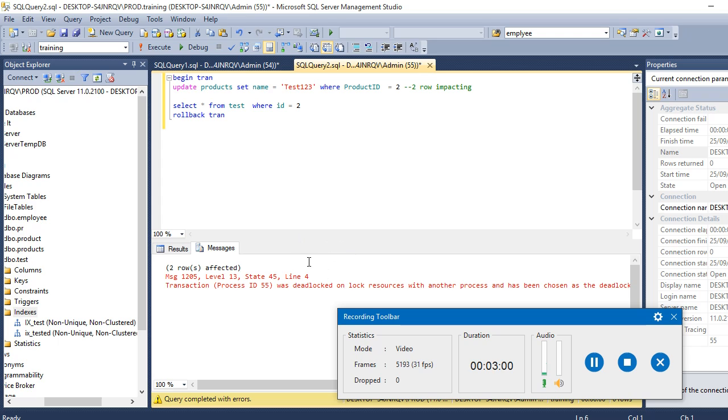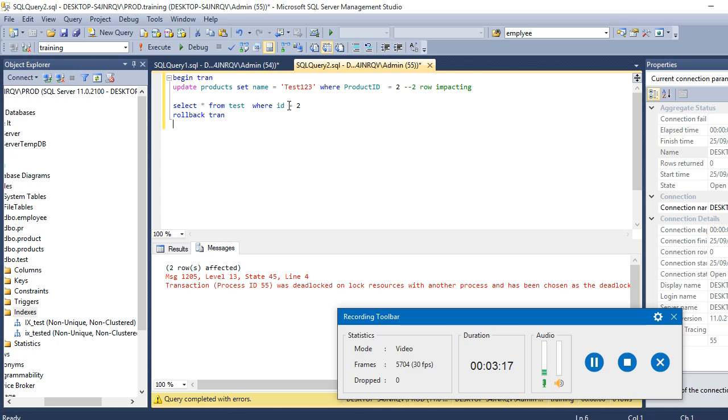Now if you can see, SQL Server has already terminated connection 2. As I told you, SQL Server will interfere and terminate any one of the transactions. So how does SQL Server decide which transaction has to be terminated?